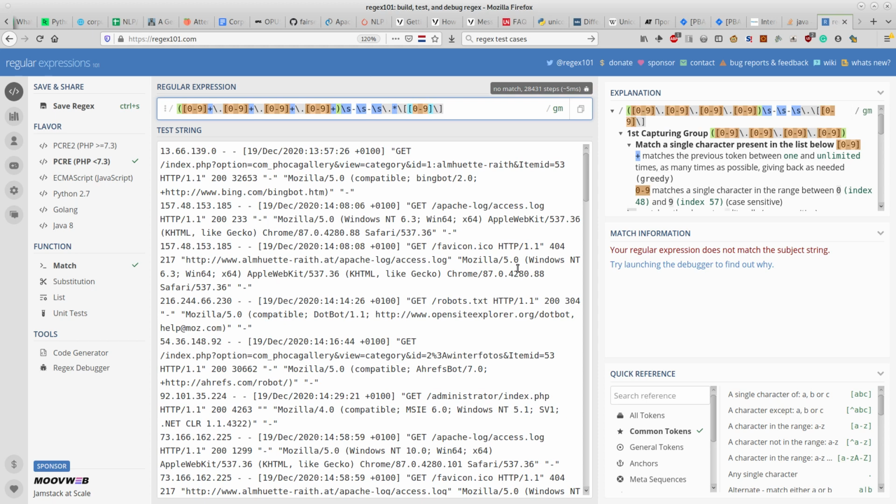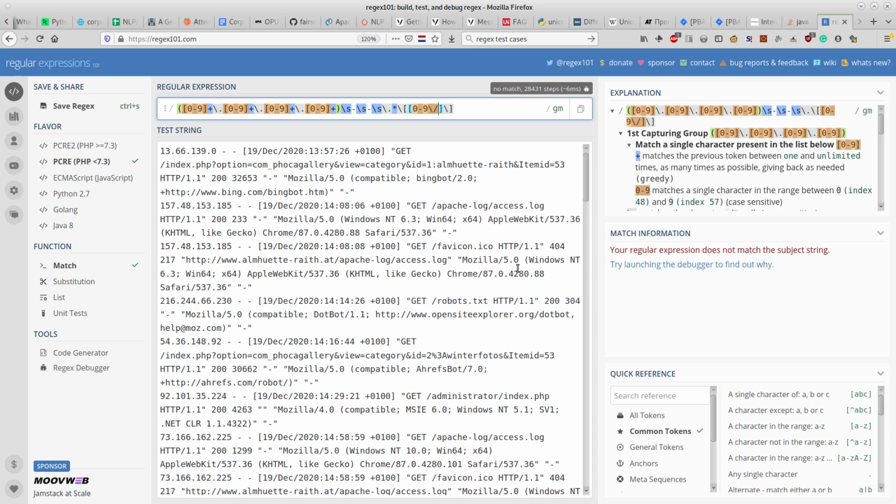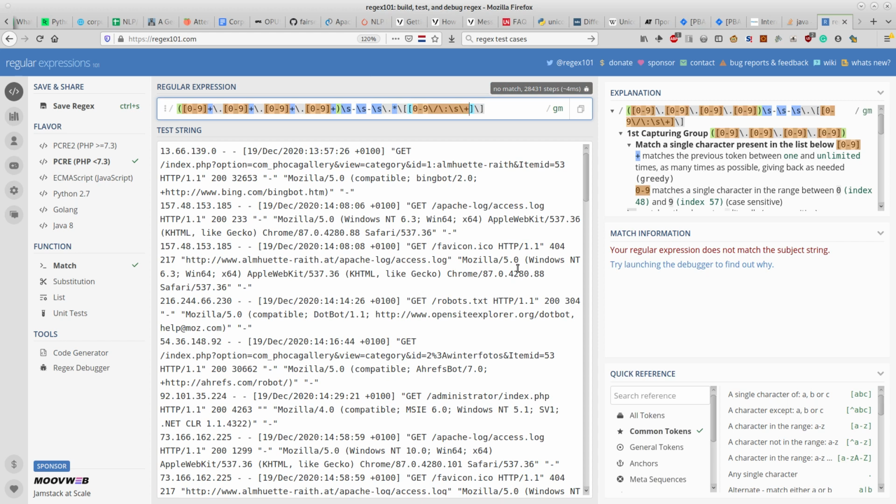We can have slashes, but we have to escape them. We can have semicolons. We can have spaces. We can have pluses and also